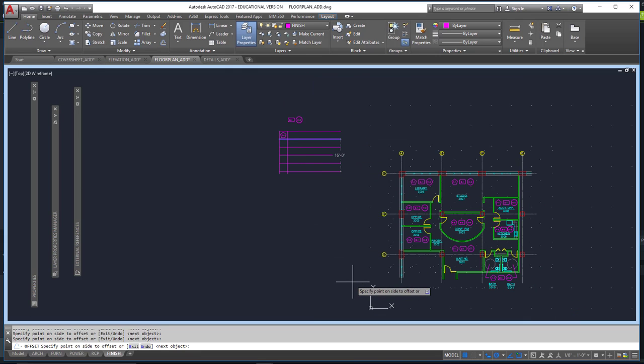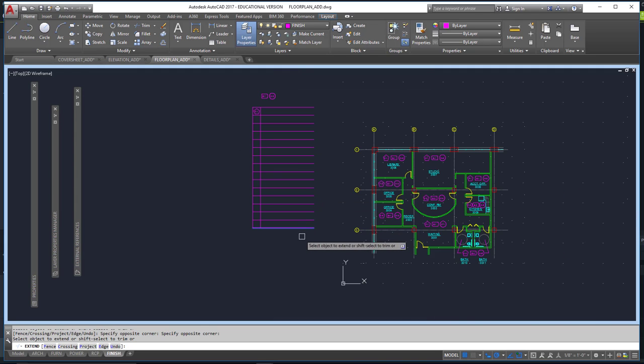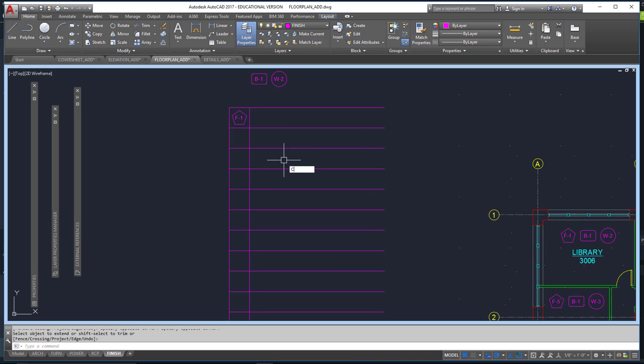Let's see, 5, 9, 6. That's 15. I need 15 lines. So that's 1, 2, 3, 4, 5, 6, 7, 8, 9, 10, 11, 12, 13, 14, 15. I'll just make one more just in case I got that count off. I'm going to use the extend command. Extend it down to the last one. And then